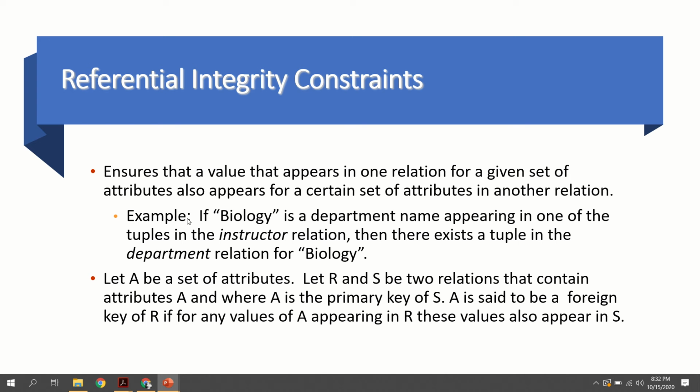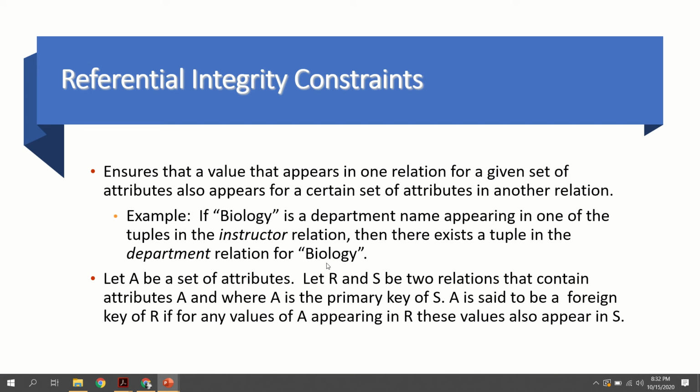Here we can see one example. If biology is the department name appearing in the instructor relation, and we want to add a new instructor to the instructor relation with the department name biology, before that biology should be present inside the department table. That is, the department relation must contain a department called biology.